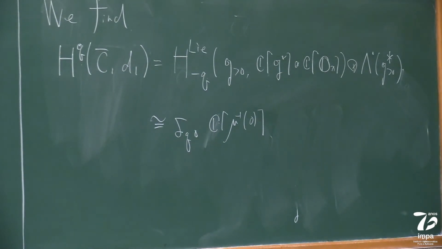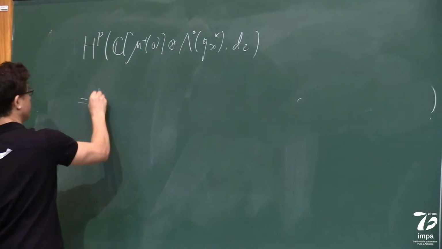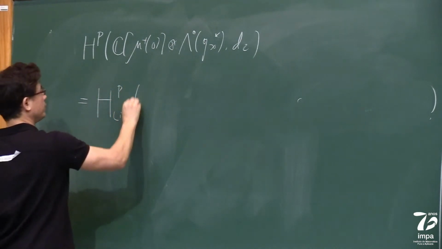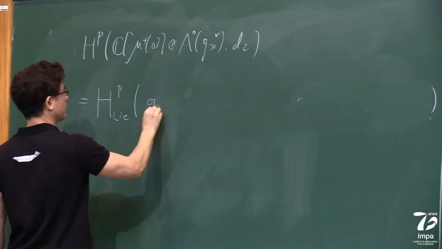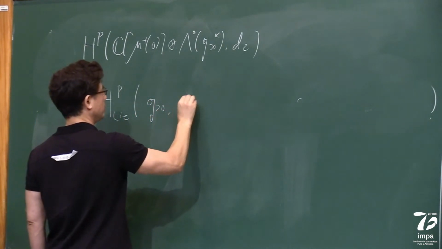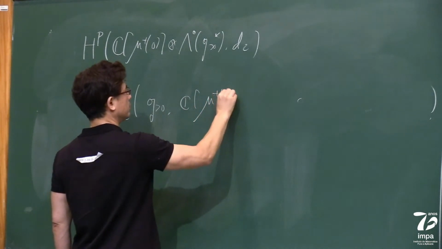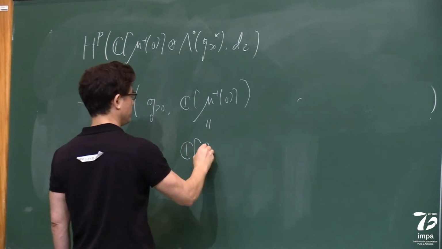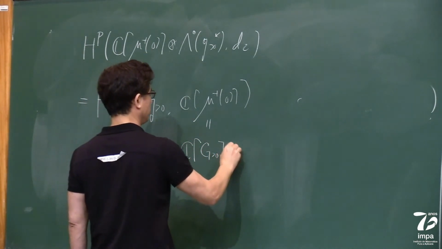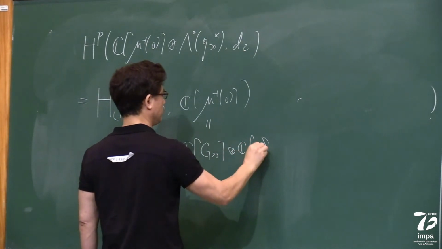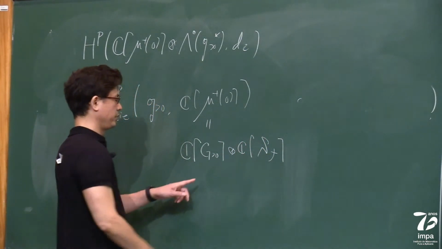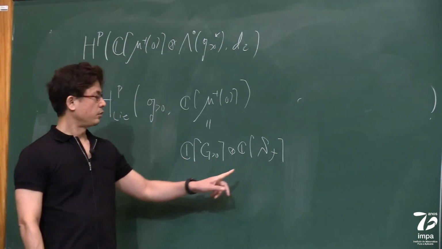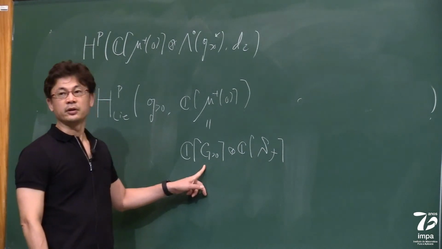And so you find this cohomology is nothing but Lie algebra cohomology with respect to the adjoint action of G positive on this level set. And because this is isomorphic to a tensor product of this one and this one by the Gan-Ginzburg theorem, where G acts only on this part,